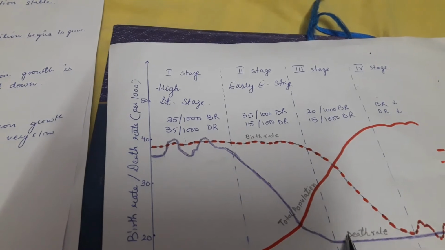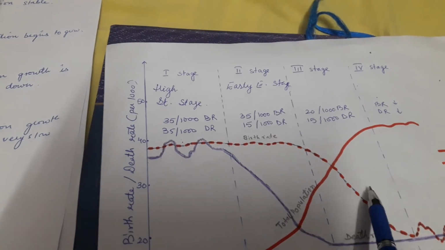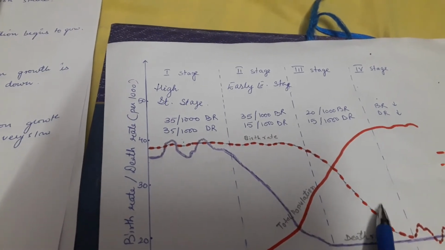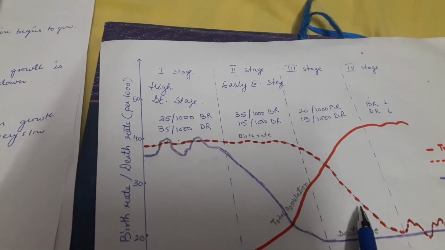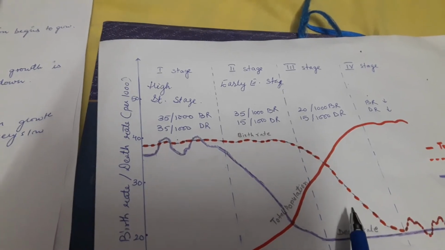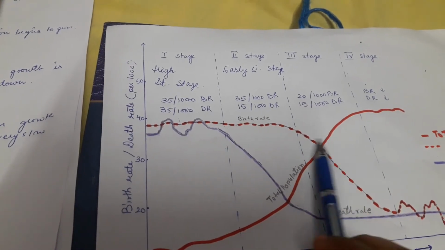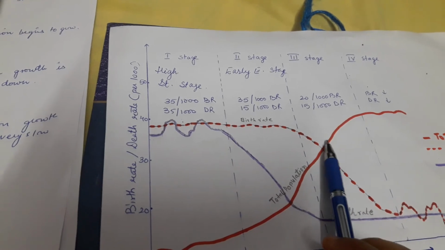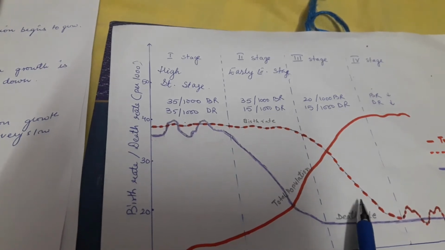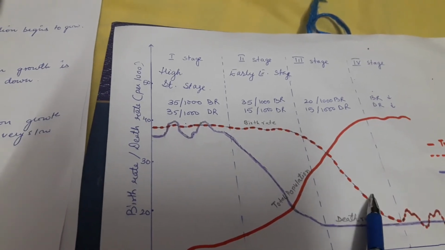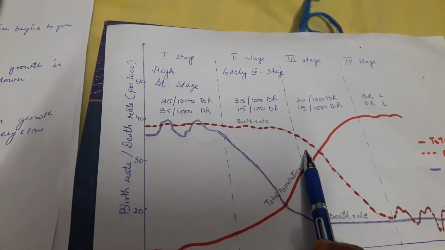Whether because of this the population is increasing at a very high rate, it is all because of the process of industrialization, urbanization and modernization. There is an industrial urban society which is developing, and because of this the birth rate has become low and the death rate has also become low. People are educated, they are into the industrial field, urbanized societies are there, so both the mortality rate and the fertility rate